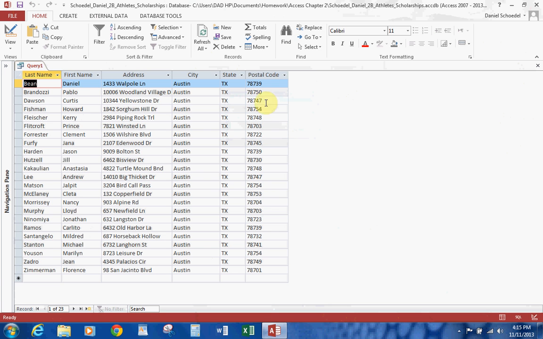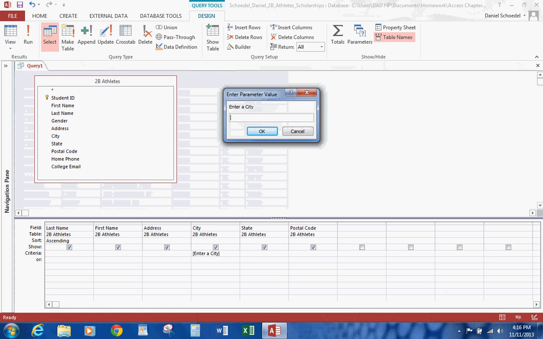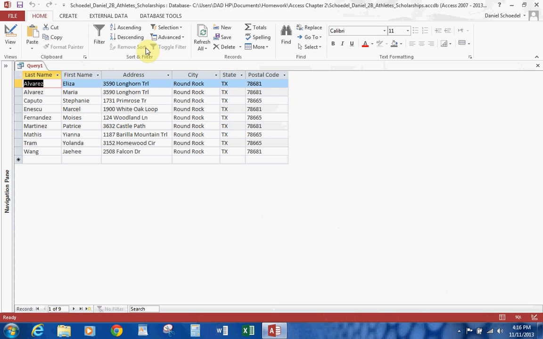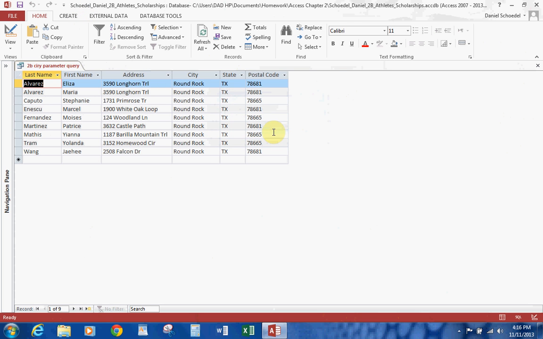Let's go back to here, and let's run it again. This time we're going to type in Round Rock, and we're going to hit OK. Okay, and let's go ahead and save this as 2B City Parameter Query. Okay. All right. And that brings us to the end of